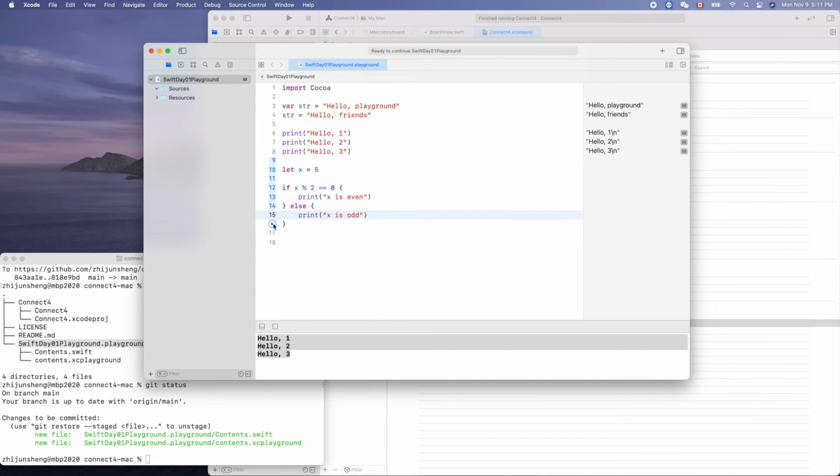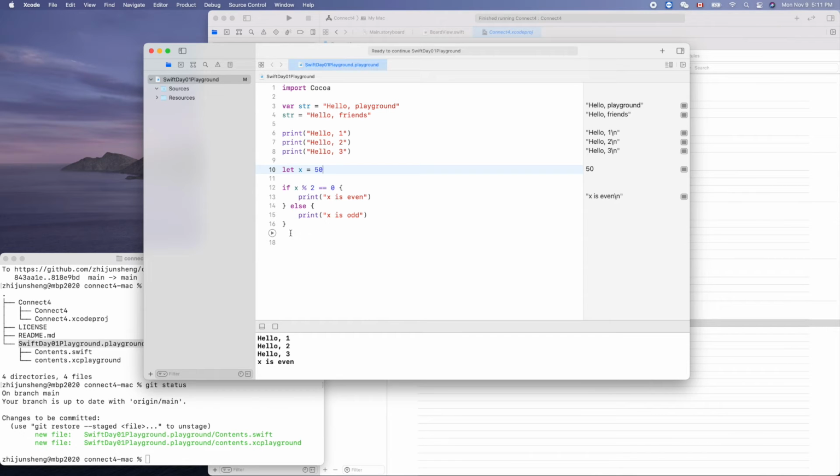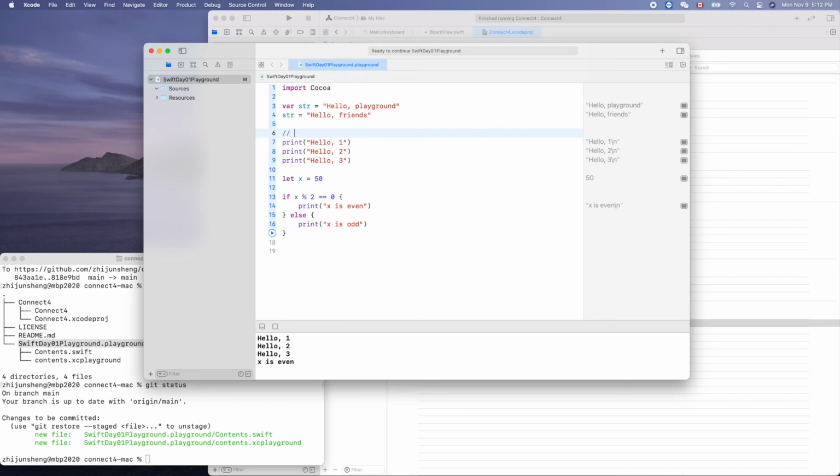Now let's run it. X is odd, because 5 is odd. Now what if we put a 0 there and run again? X is even. Correct. So this is how we comment out the code. Okay, so that was concept 1, and here